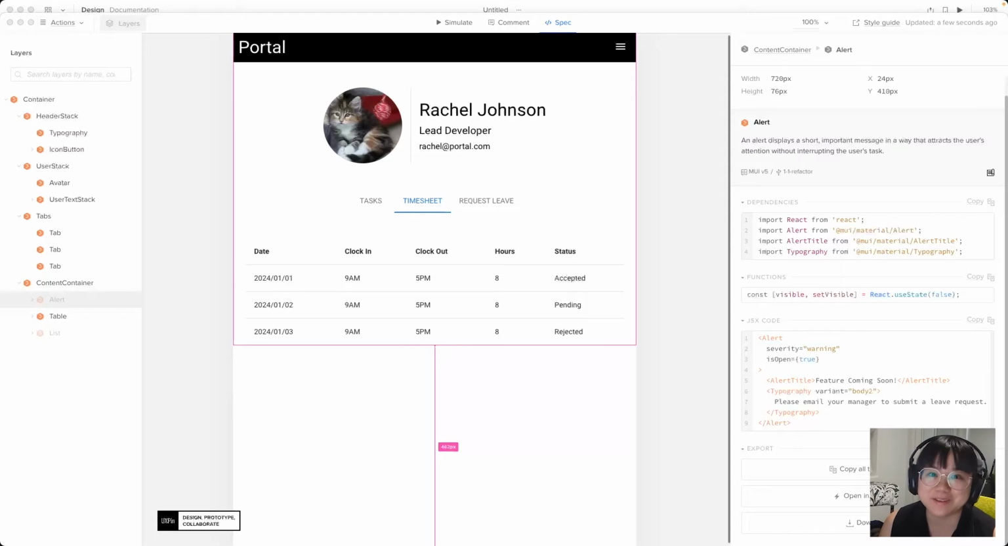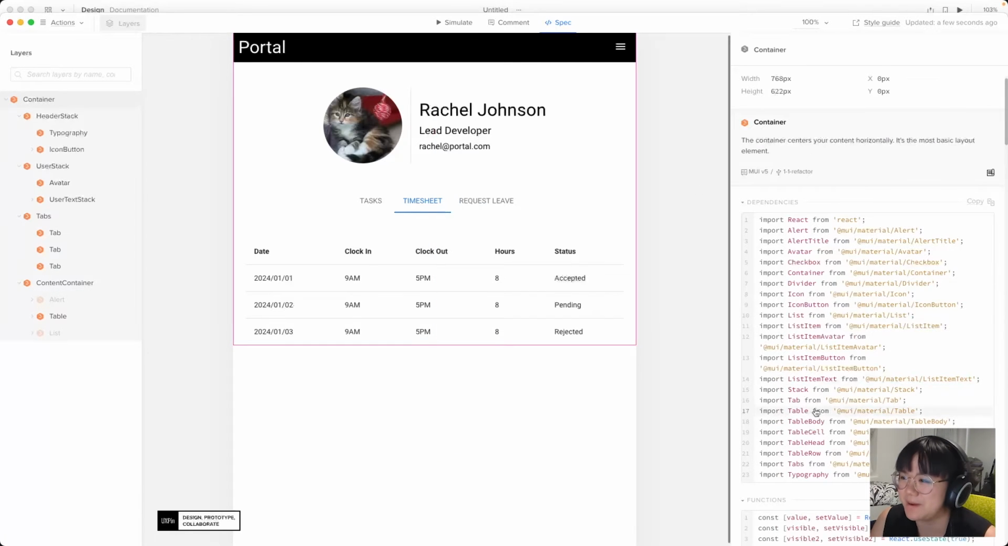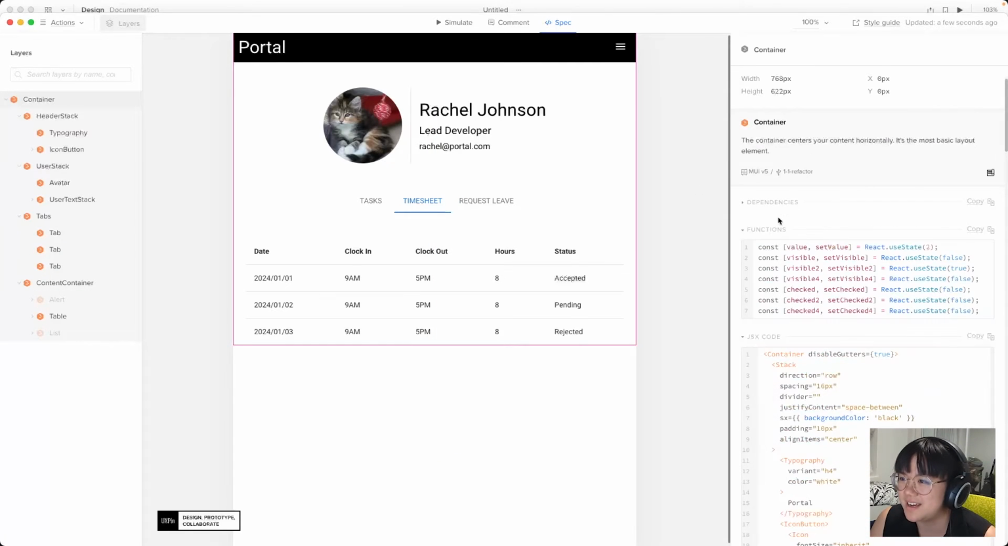So I don't know about you, but this has been pretty magical for me so far. I'm super ready to spin up my own React project and make sure that MUI is installed and then grab this code and then it will just magically appear in my React project. But there's more. So I'm going to select this container, the parent container, and I'm going to hide these and